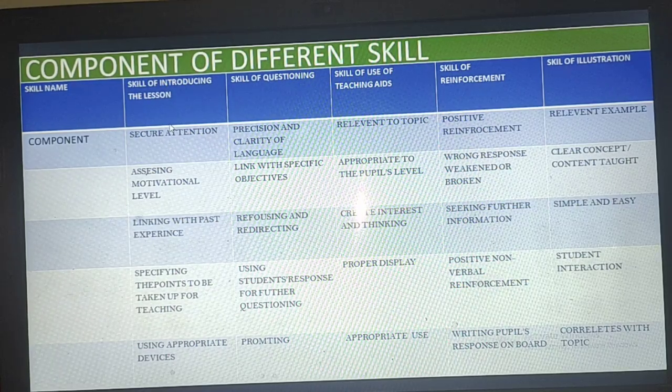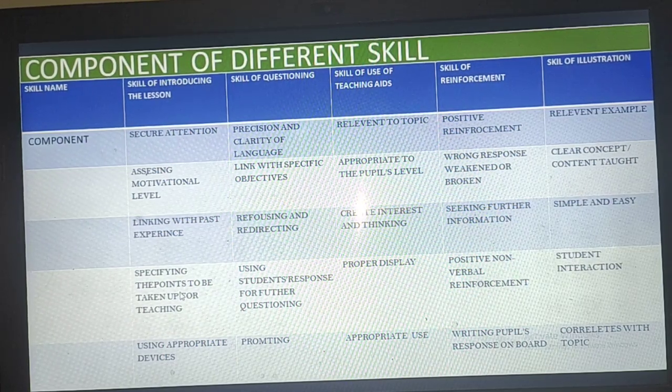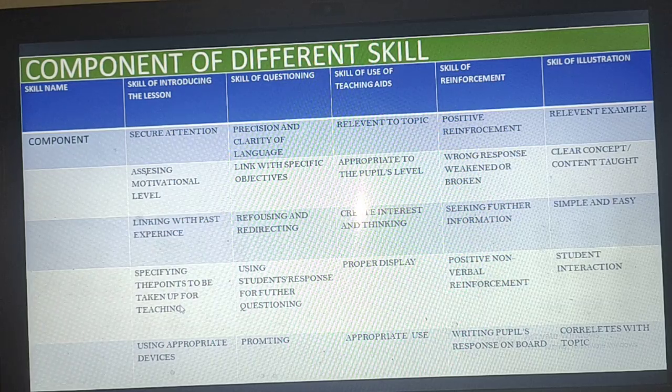First skill, skill of introducing the lesson. There are 5 components: securing attention, assessing motivational level, linking with past experience, specifying the points to be taken for teaching, and using appropriate device. Skill of questioning: precision and clarity of the language, linked with specific objectives,